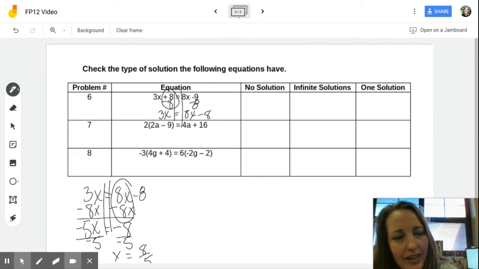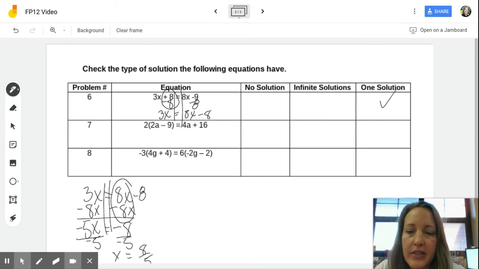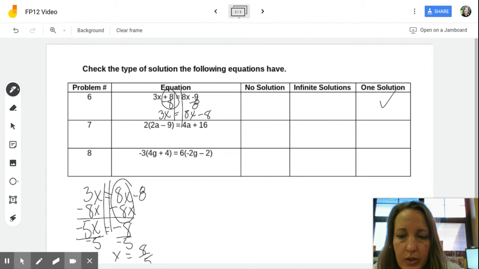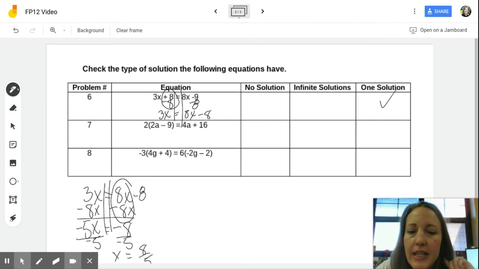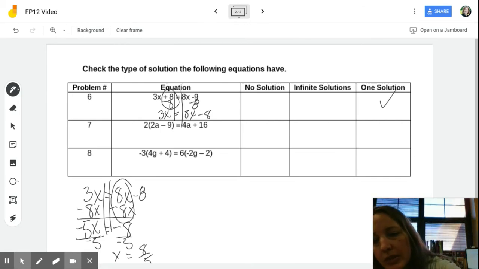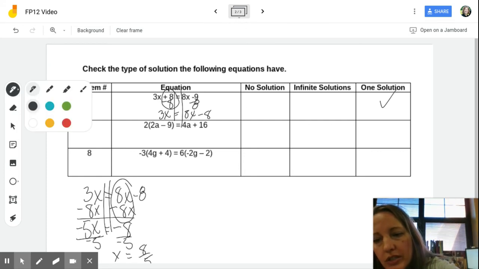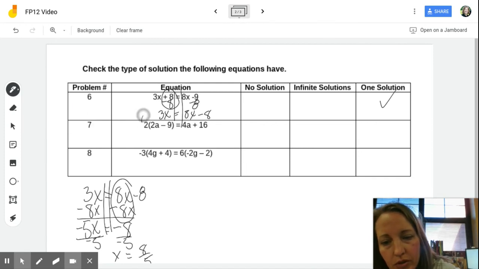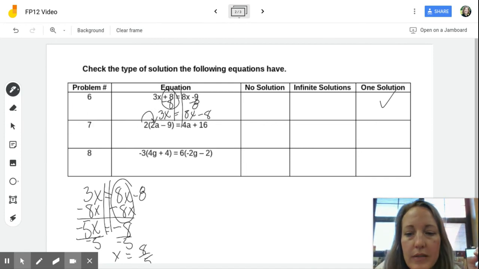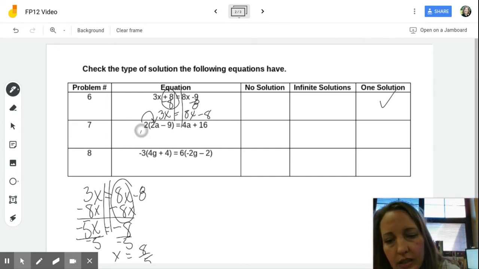Okay, one solution. Now number 7, 2 times the quantity 2a minus 9 is equal to 4a plus 16. Pre-algebra, you have not distributed yet in an equation, but you're going to learn to do that. Algebra 1, you've already done this, so I'm going to show it here. 2 times 2a is 4a minus 2 times negative 9 is a negative 18, so that's why we have the minus, is equal to 4a plus